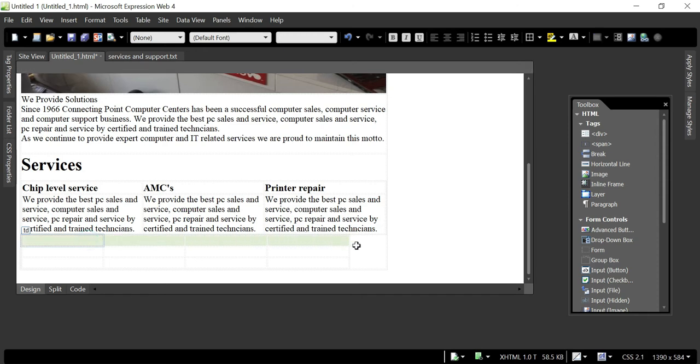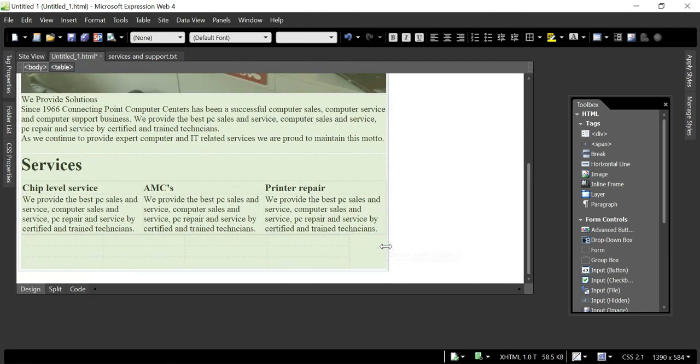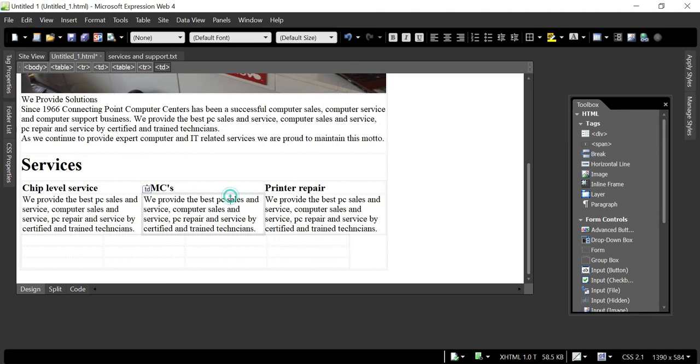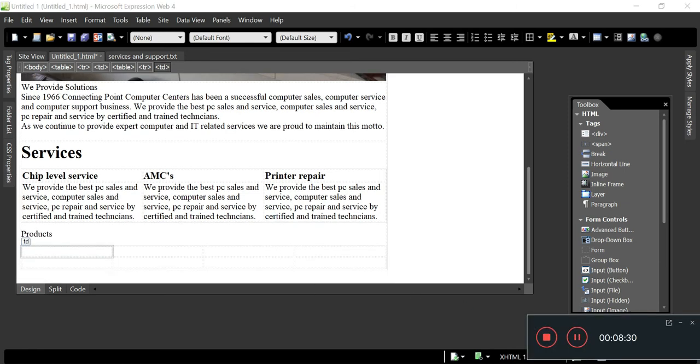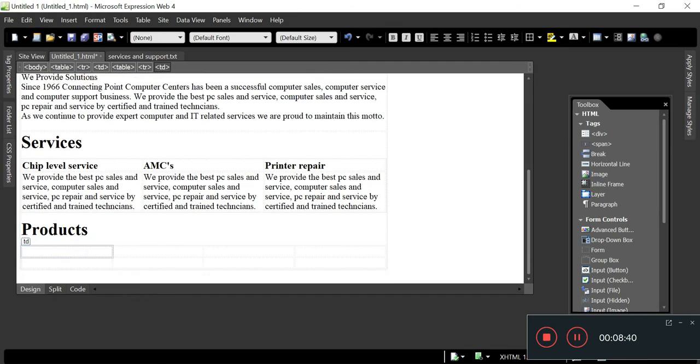I want to make it as a single row. All right, okay, here we'll write products and we'll make it as paragraph heading 1, and this one will be writing about some name of the products, like